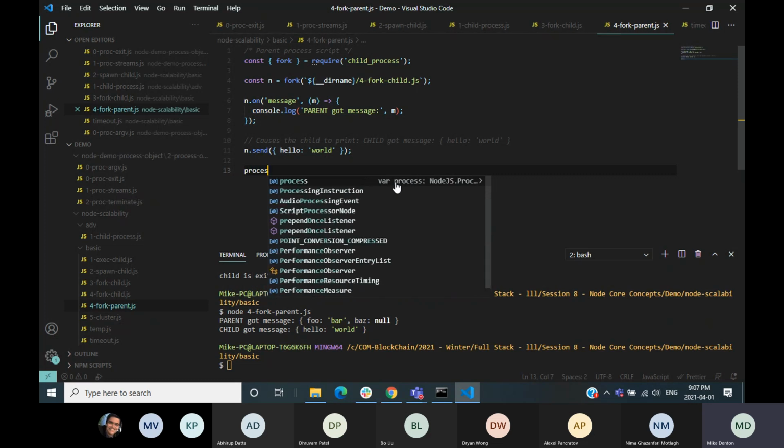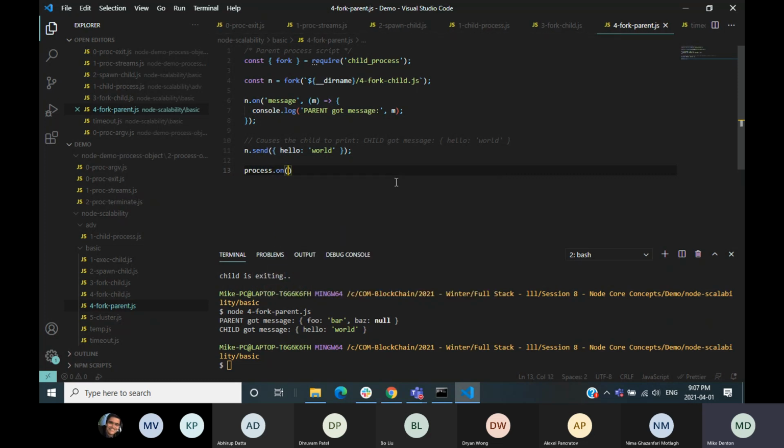That would be something like this. I don't know. Let's see, dot on. If my process is exit, then I want to,